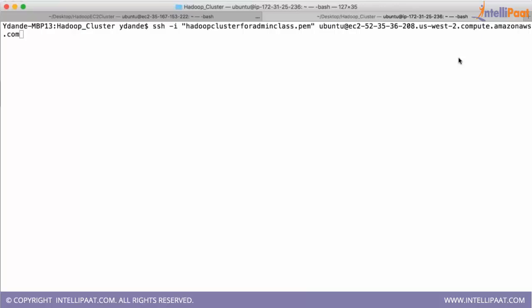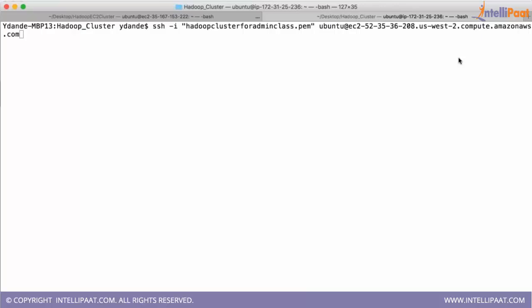Right now on my system, I have Windows installed and I have VirtualBox installed, given by the IntelliPack team. That's a single node machine. Yes, correct. So if I'm using Putty, I'll be using my Windows system, am I correct? Yes. For Windows, your host is Windows, from where you are working.